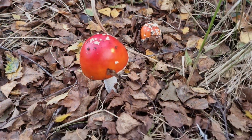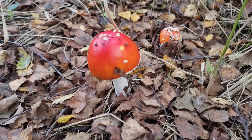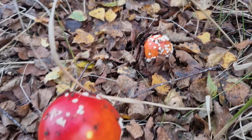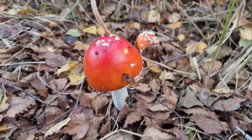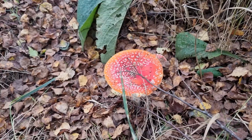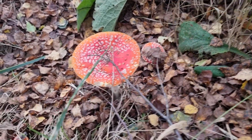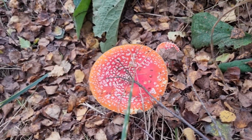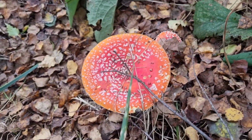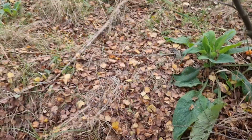Here you can see we've got two lovely young Fly Agarics. There's the second one. There is a lot here. Well, I think we've just come across the main, or one of the main areas. We've got one little one there. We've got two there. But if I move round,